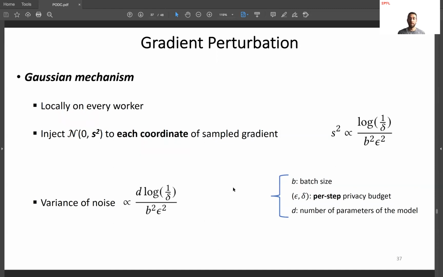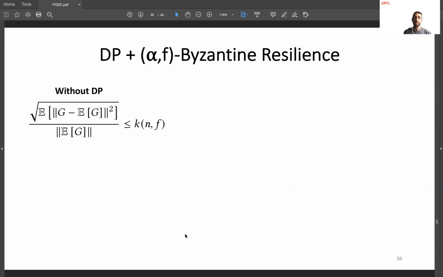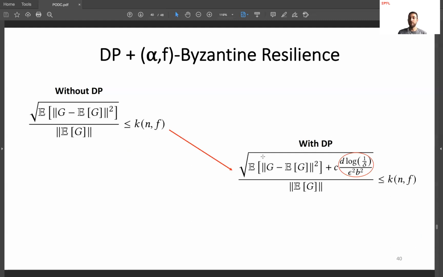Now the total variance of the noise accounting for the d different coordinates of the gradient would be d multiplied by S squared. So it will be proportional to d log of 1 over delta divided by B squared epsilon squared. And now what happens mathematically when we try to combine simultaneously differential privacy and alpha F Byzantine resilience? So here I show you again the variance to norm ratio condition without DP. Now, when we introduce DP to the equation, the standard deviation of the honest gradients should be accounted for with the variance of the noise that is injected, and that is what we represent here,